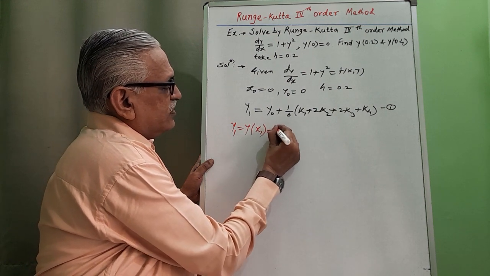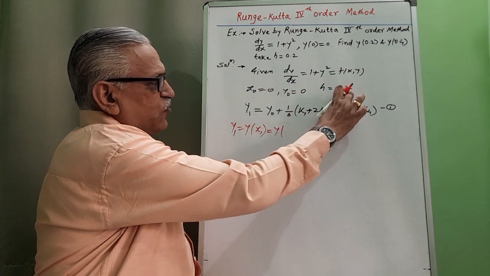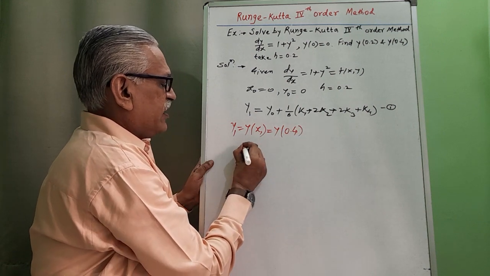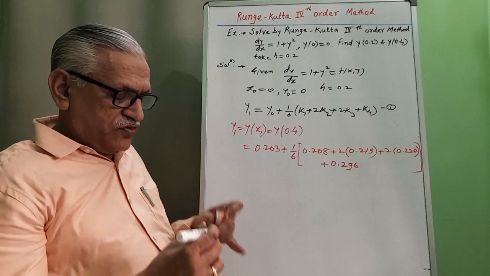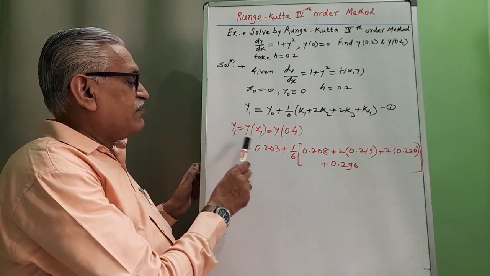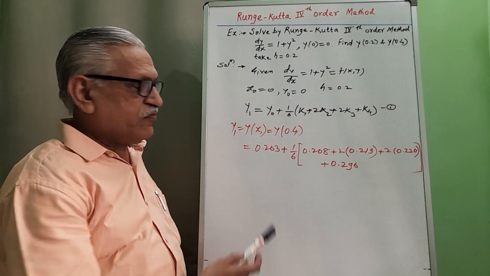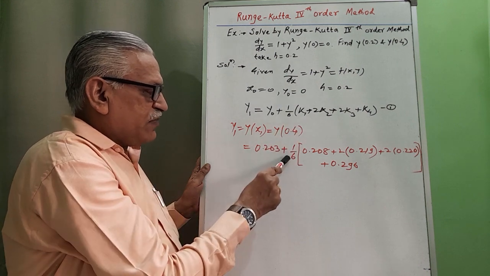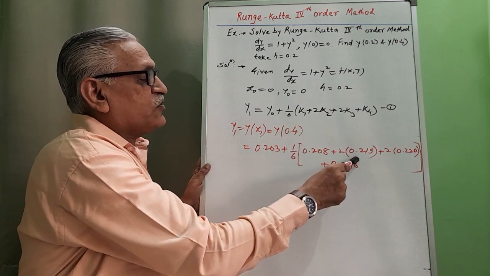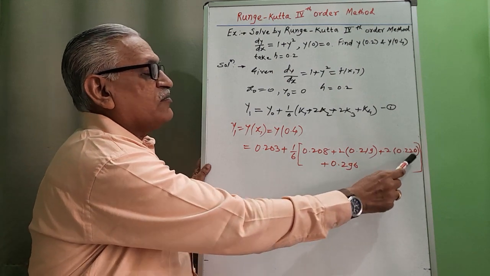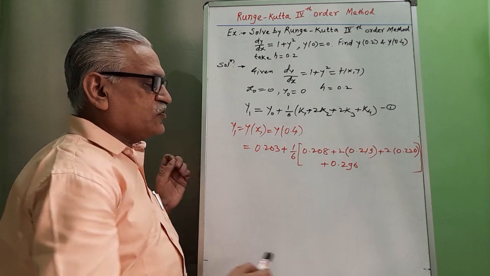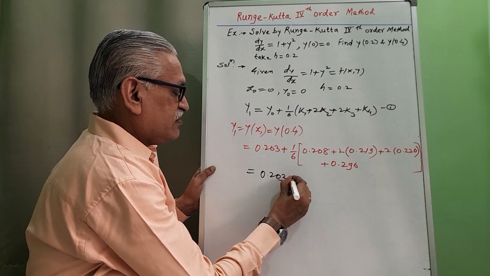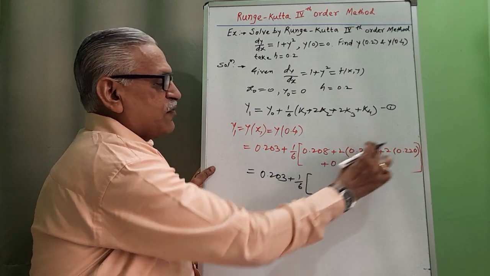Here x1 is 0.2 plus 0.2, we get that value as 0.4, and that is equal to, substituting the values, we have y1 means y at x1 nothing but y at 0.4, y0 0.203 plus 1 by 6 k1 0.208 plus 2 k2 0.219 plus 2 times k3 0.220 and k4 as 0.236, and then simplifying it by calculator, we have 0.203 plus 1 by 6 times sum of all this term